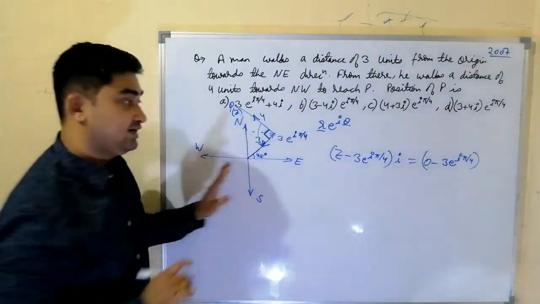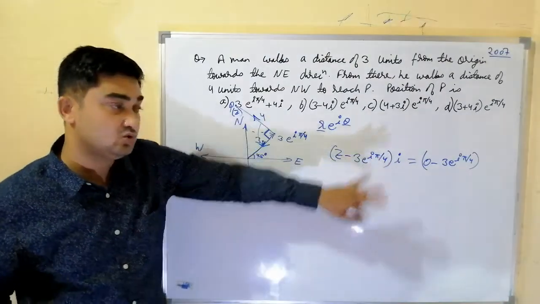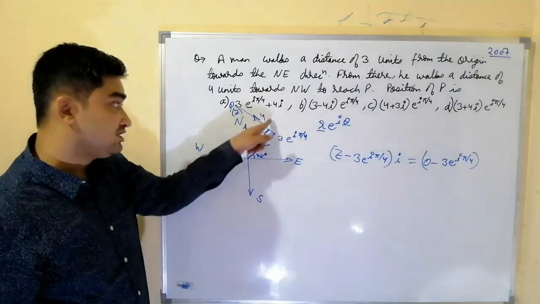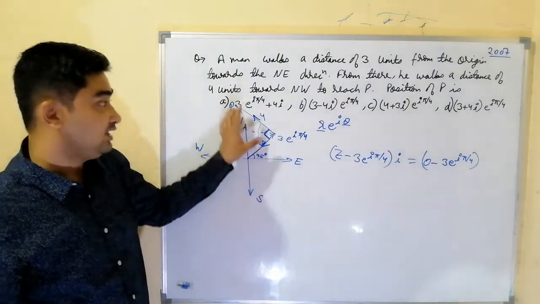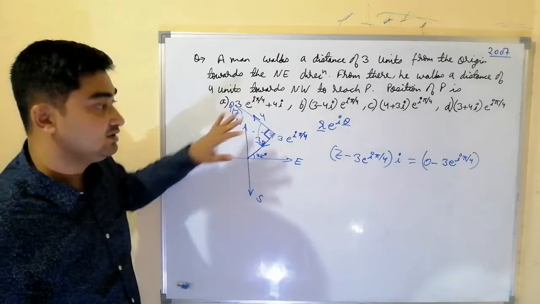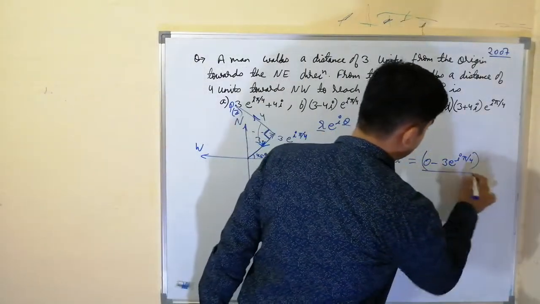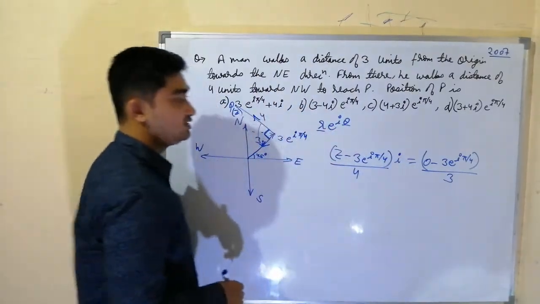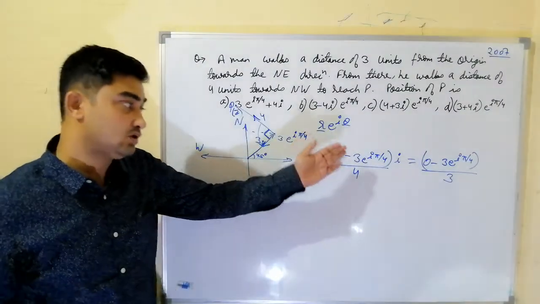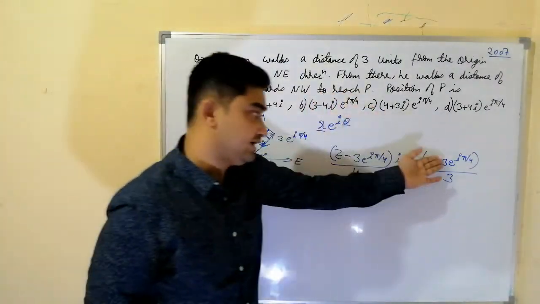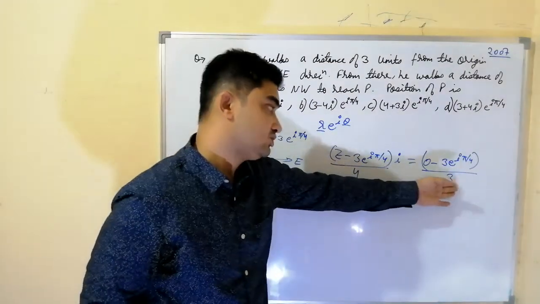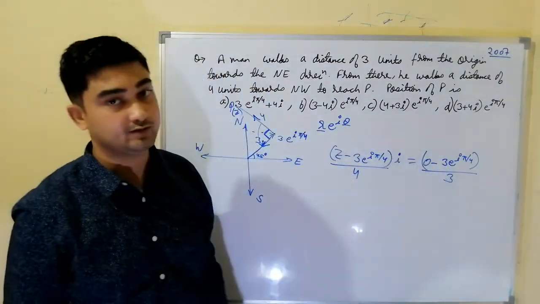But we can do this whenever the modulus on both the sides is the same. Here the modulus on both the sides is not the same. Here modulus is 4, here modulus is 3. Then what can we do? We can make both side modulus 1. How to make both side modulus 1? Divide left hand side by the modulus of left hand side. Divide right hand side by the modulus of right hand side. So both the sides we have made modulus 1.